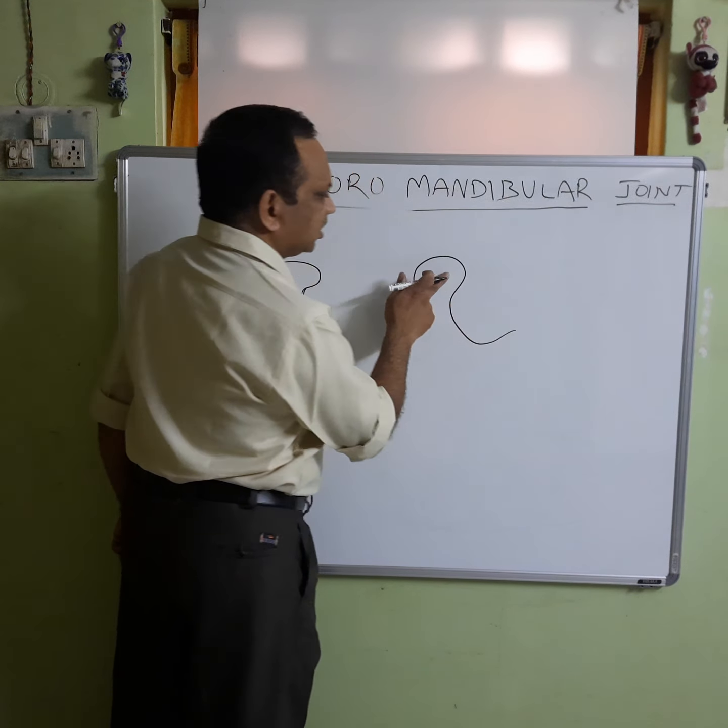If you see, the condyle is more convex towards its anterior side than the posterior side, and a fovea or a depression is present on the anterior aspect of the neck, which is for the insertion of the lateral pterygoid muscle. The length is about 20 millimeters, and from anterior to posterior, that means from front to back, it is half of this, so 10 mm.